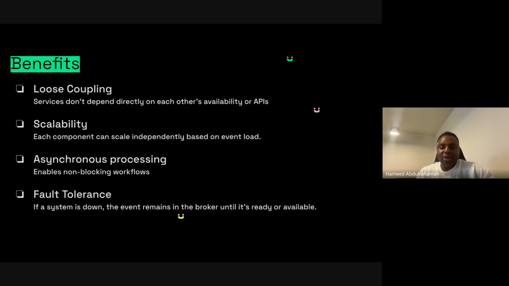So another core benefit is asynchronous processing. When we talk about asynchronous processing, we're talking about services that can work without depending on a dependency to get a return. So if you look at it, for instance, you are trying to make a payment. You type about £500 or 500 US dollars, and you want to send it to your friend. You type it in and you post this sending of funds.